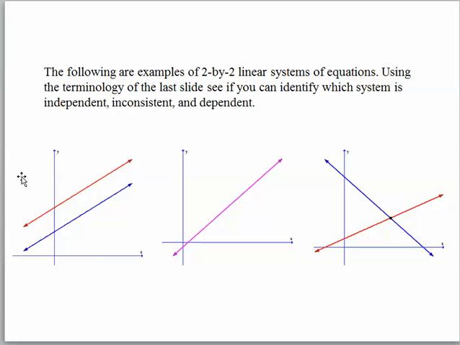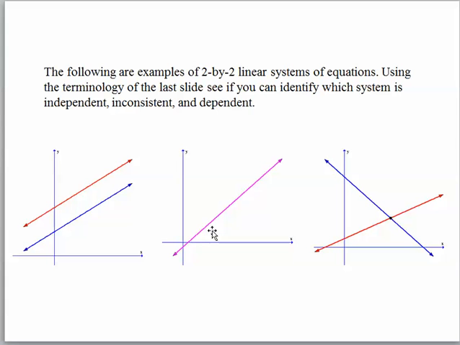In the first graph, we see that the 2 lines are parallel. That is, the 2 lines never intersect. In this situation, the system of linear equations has no solution. The system is inconsistent. In the middle graph, we see that the system of linear equations has produced the same